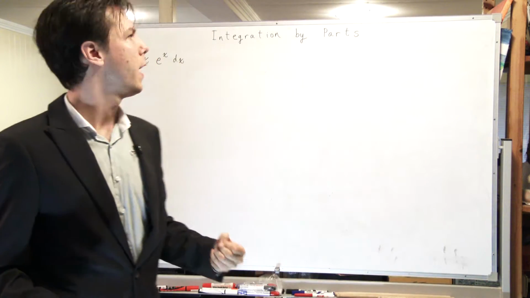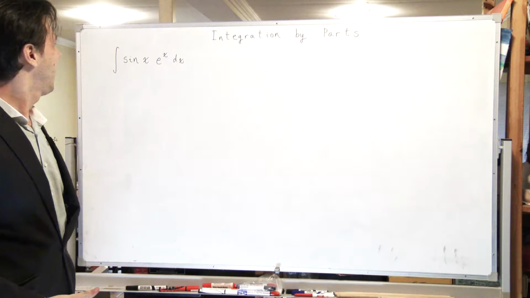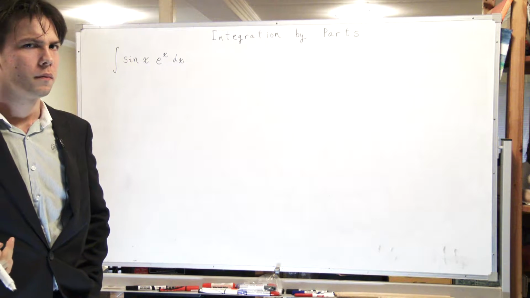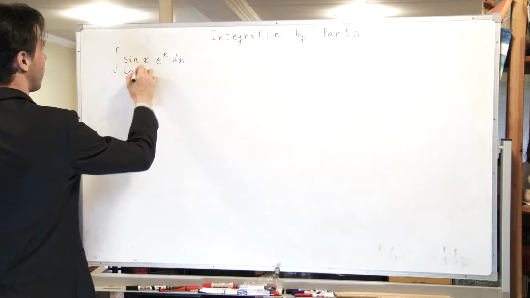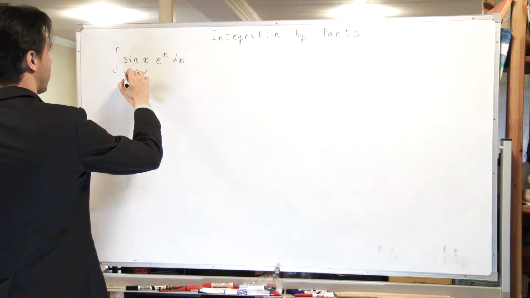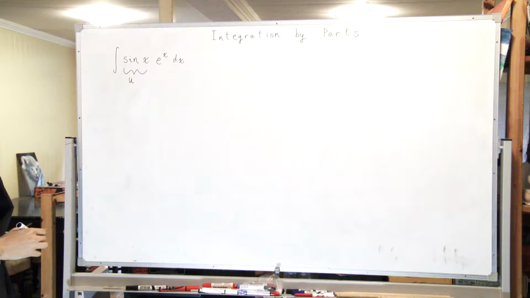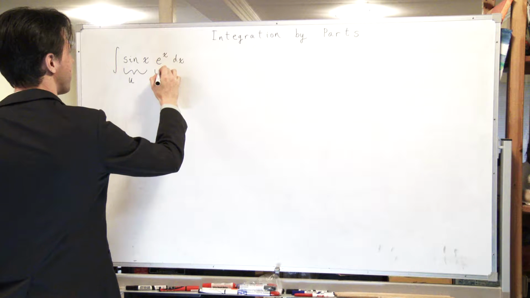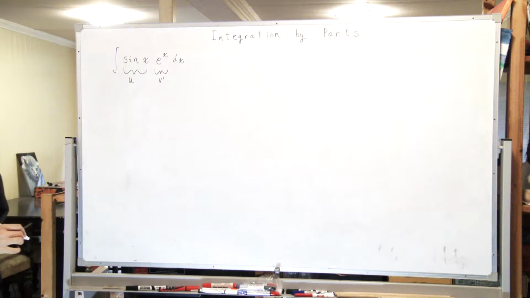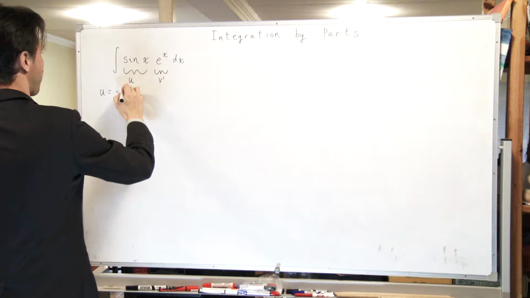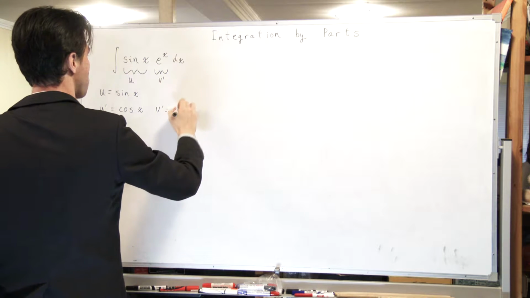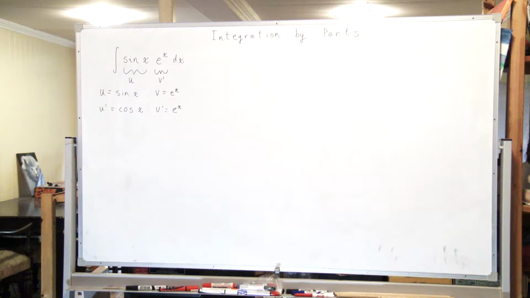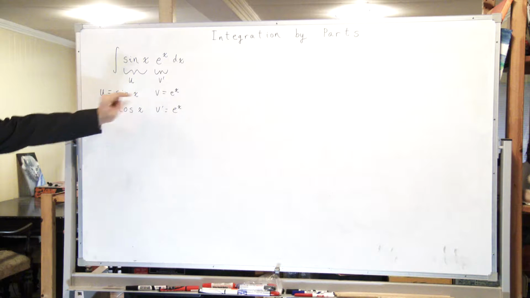Here's another example where we can use integration by parts, and it's a bit weird. There's a bit of magic involved, but we get there in the end. What I'm going to do is set this as my u part, the part I'm going to take the derivative of, and this is going to be v dash. Okay, so as you can see, I've taken the derivative of u and the integral of v,